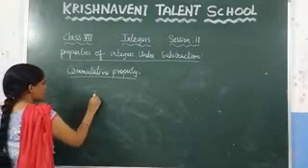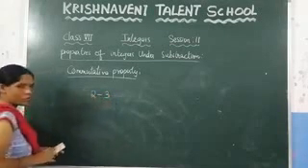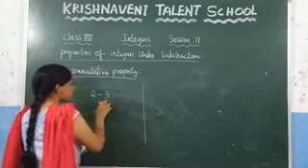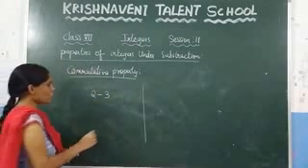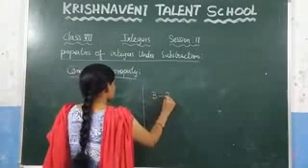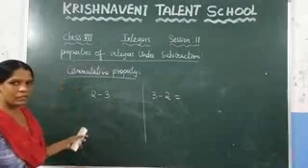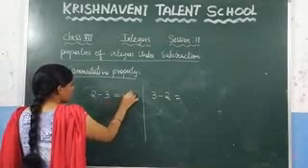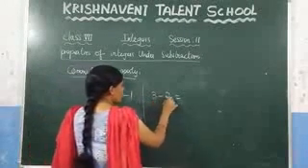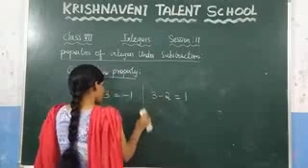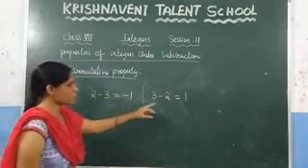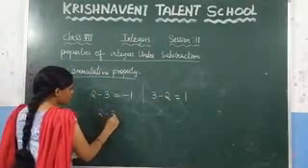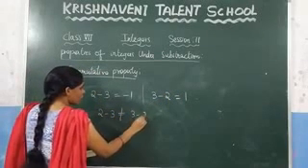So let us consider 2 and 3. What we need to get here is 2 minus 3. Write it here, and just change the order. So you can take 3 minus 2. Now check whether you are getting the same answer or not. What is the value of 2 minus 3? You know that it is -1. What is the value of 3 minus 2? Which is 1. So you can say that this answer and this answer are different. So we can say 2 minus 3 is not equal to 3 minus 2.